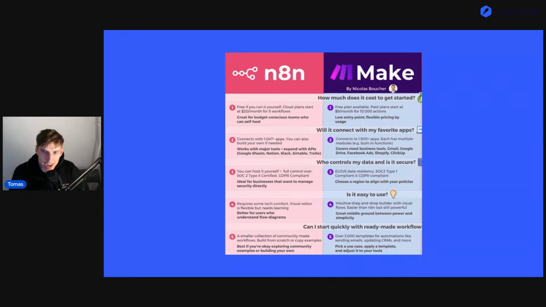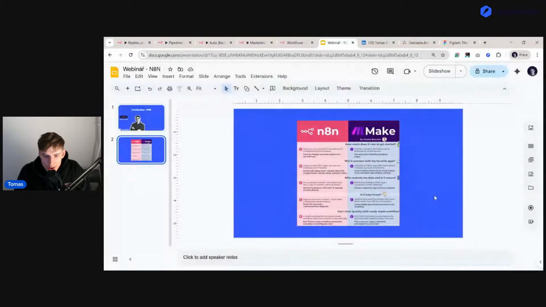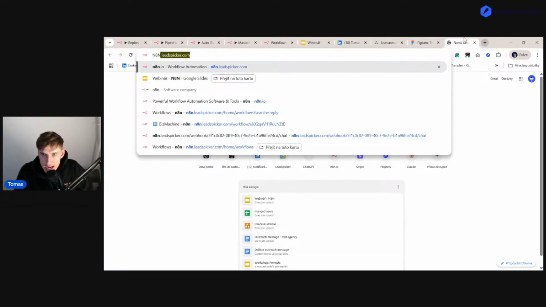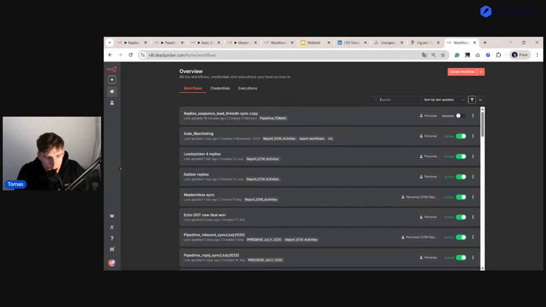And at this moment, I will go directly into our n8n, and talk about the use cases that we are currently using. First, as I already mentioned, we are hosting n8n directly on our servers, as you can see. You can choose their cloud, or you can host it via Docker on your servers. We prefer that because at this moment